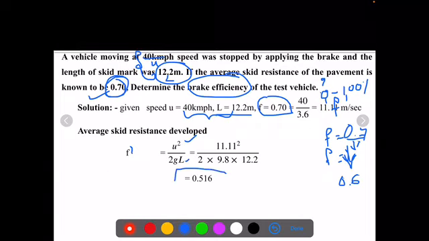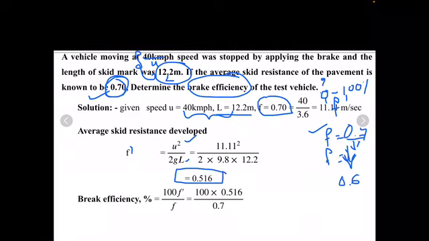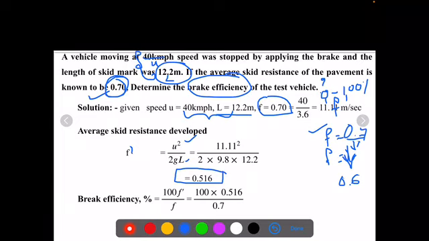Now you see here the friction value is reduced to 0.156. But what is the design value? For 100% brake efficiency, we require 0.7 friction value. But now in the actual condition, the friction value is 0.156. So how do you get the brake efficiency? The brake efficiency can be determined as the ratio between the friction that is developed divided by the design friction, multiplied by 100. So brake efficiency is given as 100 into f dash,